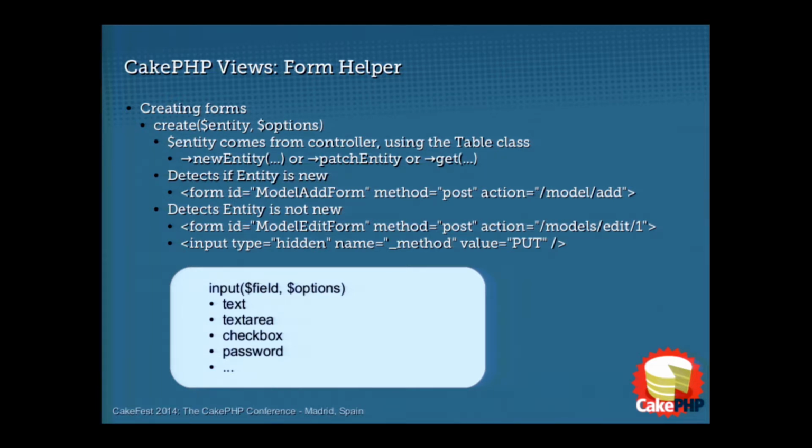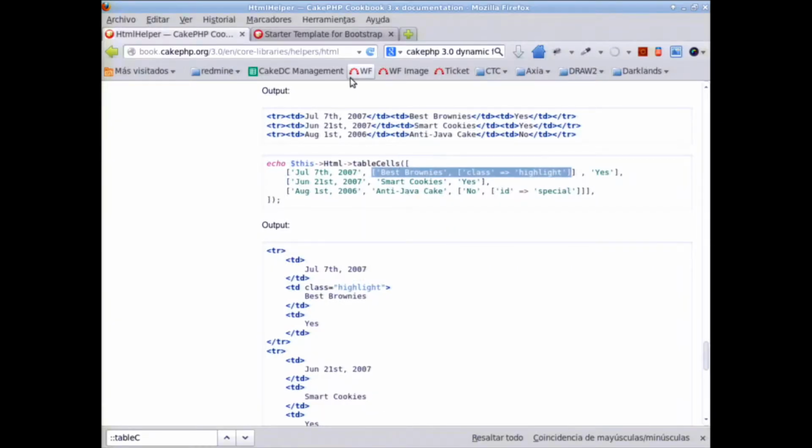And you have the typical input functions where you can define the field and the options. One change here, as you already noticed before in the not so easy tampering example we did, is that the form data, that is, the names of the input fields, were changed, because now the data model alias is gone. If you take a look at a form generated with the form helper in 3.0, like this one,